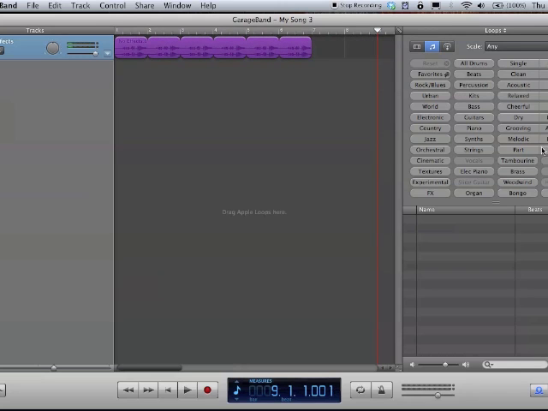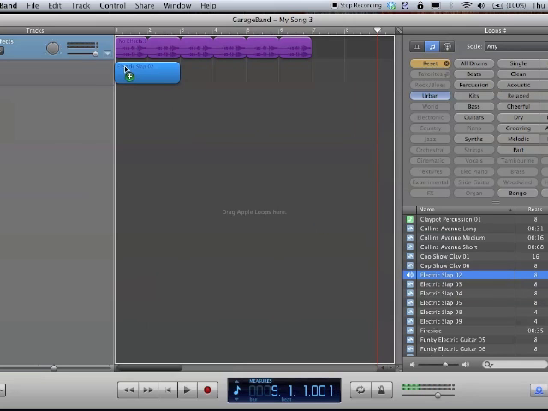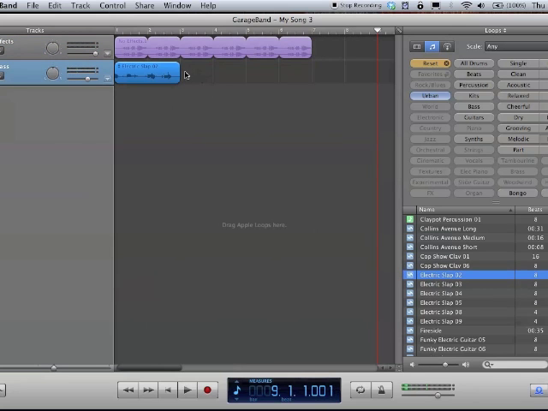Now you have other loops available to you. These are available to you even if you didn't pick loops in the beginning. You can get to this screen and you can just pick whatever sound files you might like to have. And if I like that, I can drag this right over. And just like I did with my previous sound, I can extend this out as a loop. Now when I rewind this to the beginning and play,